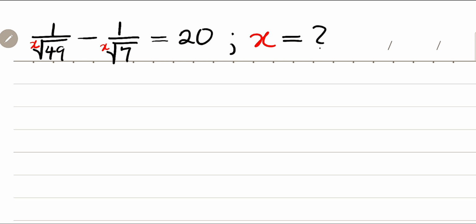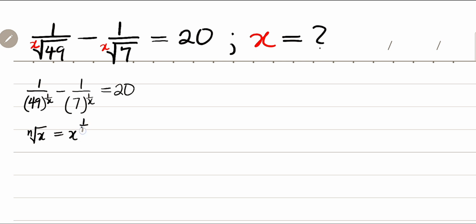Now let us take note of this as 1 over 49, all raised to 1 over x, then minus 1 over 7, all raised to 1 over x, all equals 20. And this is because the nth root of x will give us x raised to 1 over n. Okay, so to this end